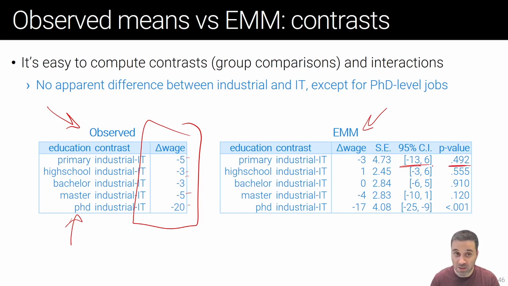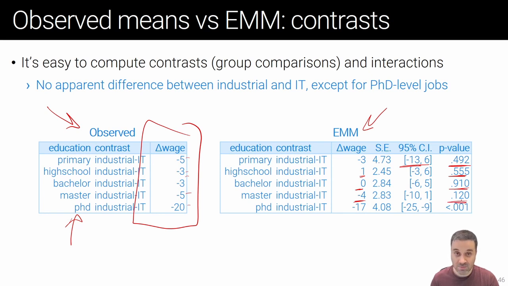The conclusion now would be we don't have enough data to support the hypothesis that there's a difference between industrial and IT jobs with primary education. Look at high school: again, not enough evidence. Look at bachelor: not enough evidence. Look at masters: